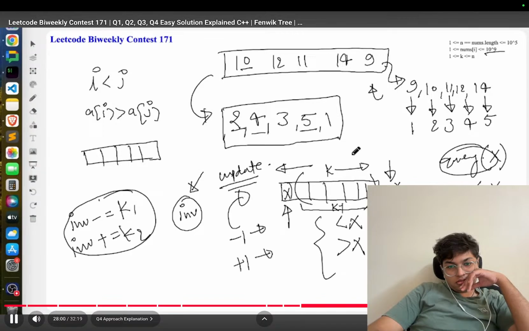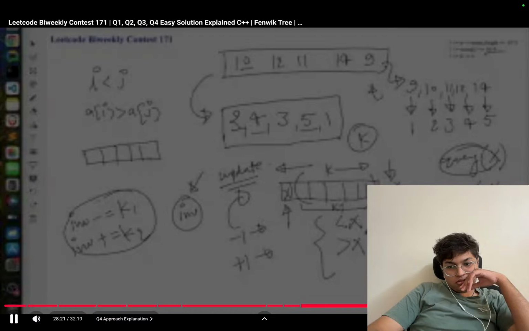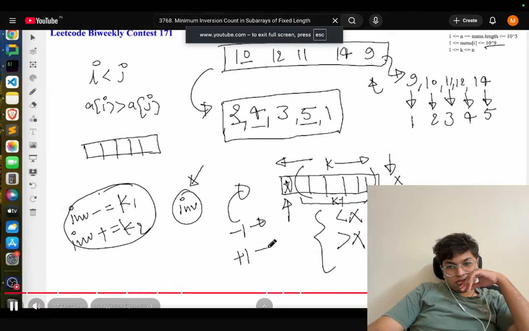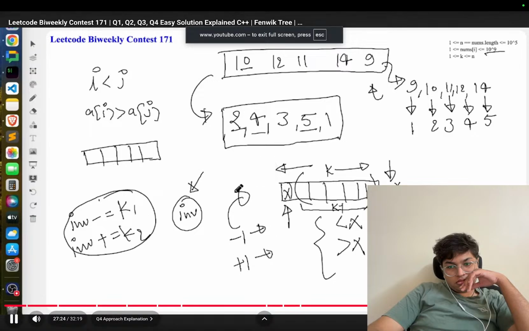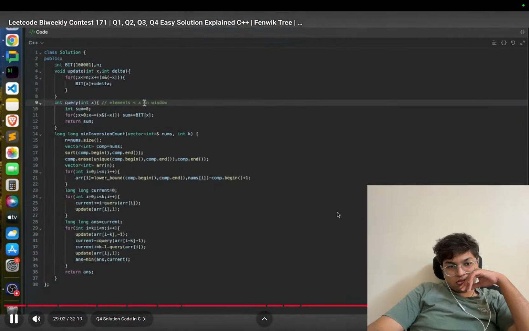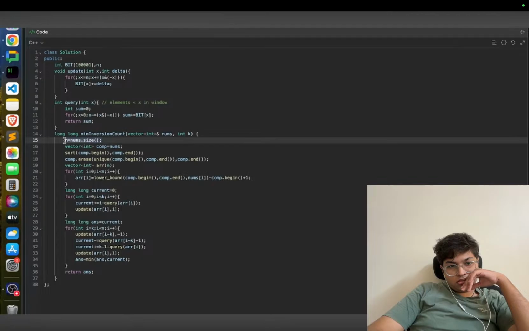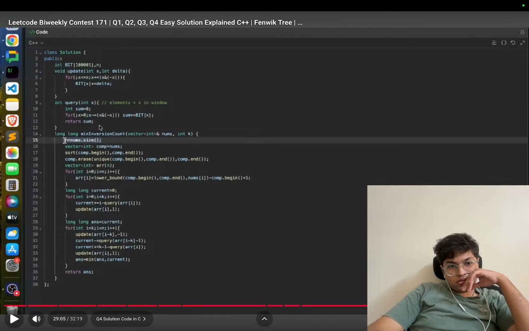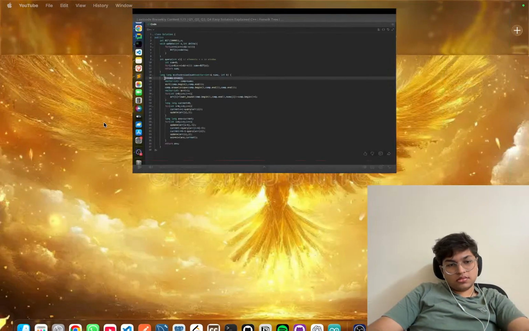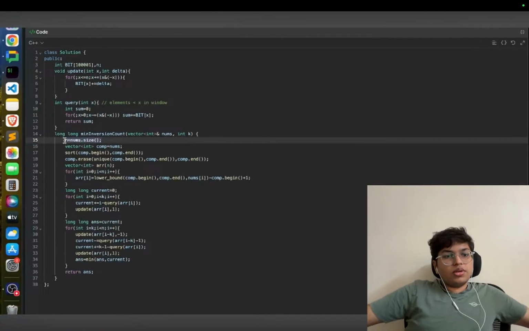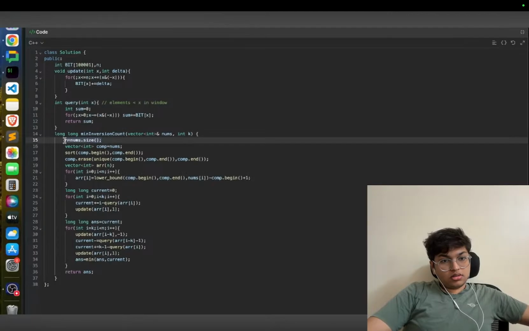There would be a query. The total is, and plus one if you add the number. So this value is less than x in the current window, right? For the query, you subtract